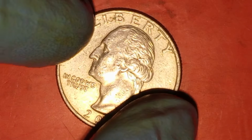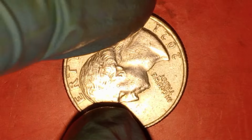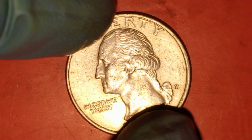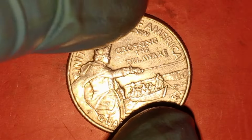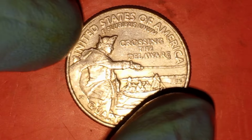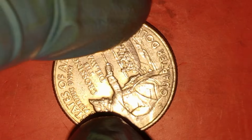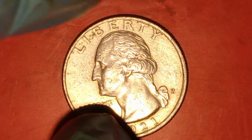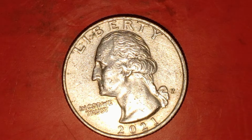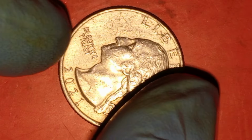Before we get into the specifics of the 2021 P Washington quarter, let's take a quick look at the history of the Washington quarter in general. This coin, first introduced in 1932, was designed by John Flanagan to commemorate the 200th anniversary of George Washington's birth. The Washington quarter quickly became one of the most iconic coins in U.S. history. For decades, it featured a left-facing profile of George Washington on the obverse, with a striking eagle on the reverse. Over the years, the design has undergone a few changes, but the coin has remained a symbol of American